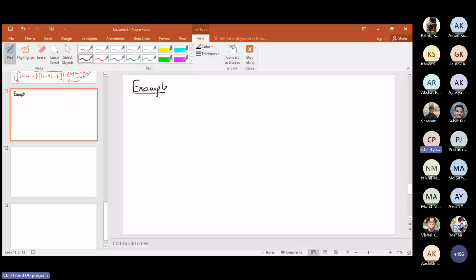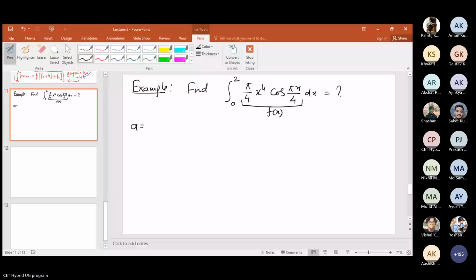If you have calculator, you take the calculator out, and if you don't have, then use the mobile. There also scientific calculator is given. So suppose we have to find the integral from 0 to 2 of pi by 4 x raised to power 4 cos pi x by 4 dx। सपोज हमें इसका इंटीग्रल निकालना है, तो यहाँ पे fx की वैल्यू क्या हो जाएगी। ठीक है ना, so here a is equals to 0, b is equals to 2, और fx वैल्यू क्या हो गया, pi by 4 x raised to power 4 cos pi x by 4।